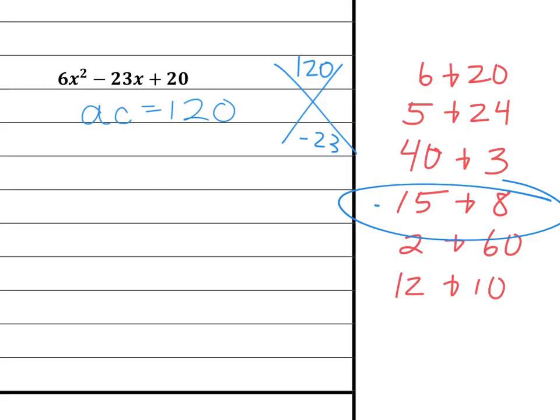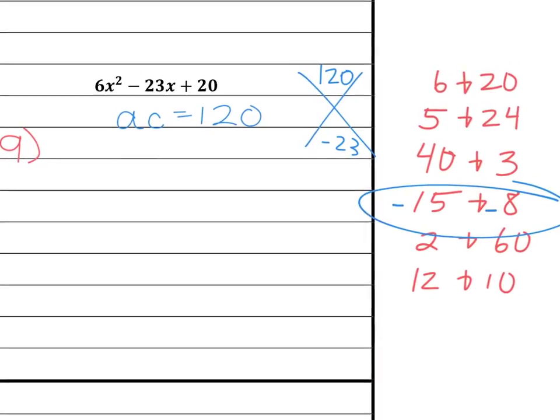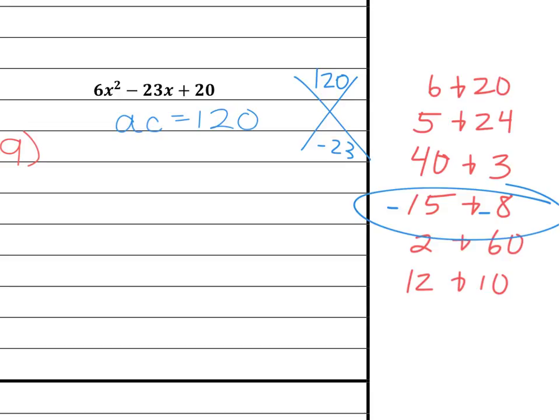So we're going to make them both negative because it has to add to negative 23. And those will multiply to positive 120. So let's write it out now. We're going to split up the b term into those two numbers. So 6x squared. I don't know if this one matters a ton. Do you guys have a preference which one you want me to put next to 6x squared? 6 and 15? Okay. So minus 15x